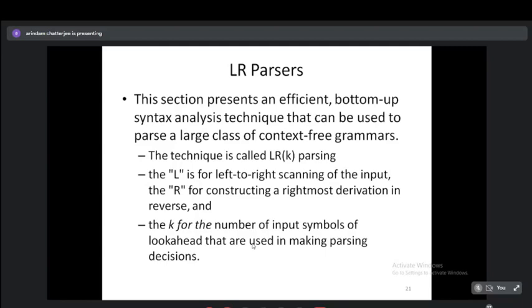we have the symbols L and R instead of L and L. The first L is the same for both cases, but the second letter is L for the LL case and R for the LR case, and the meaning is obvious. In the first case, it was a leftmost derivation. In the second case, it is a rightmost derivation, but we are tracing the rightmost derivation in reverse, of course, because here we are not really expanding, but we are doing a reduction, because we have to go from terminal symbols towards the non-terminal, which is nothing but a reduction action. So that's why we are talking about the reverse thing. Please note that.